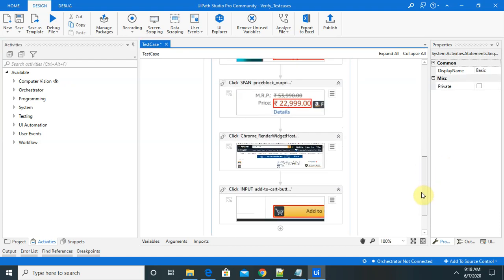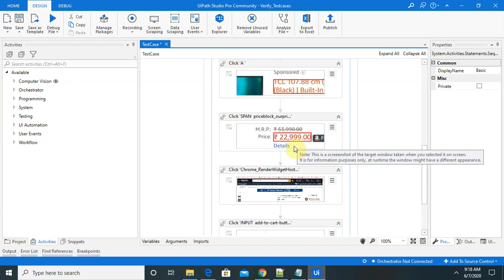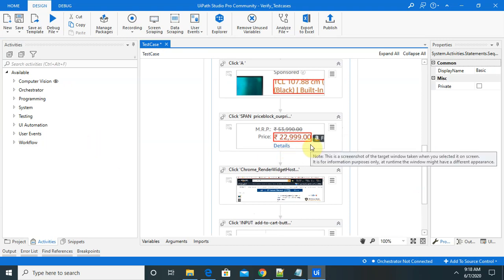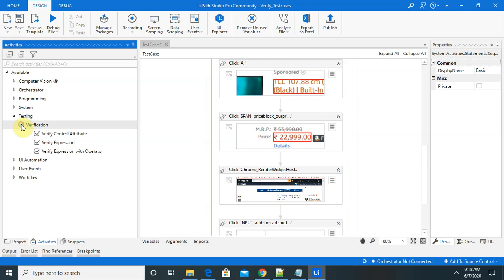Just like we have mentioned here the price of that product, if I want to verify at any point of time and the price does not match, I should get an error message. So let's go to testing, and inside the verification you can see three activities are available.